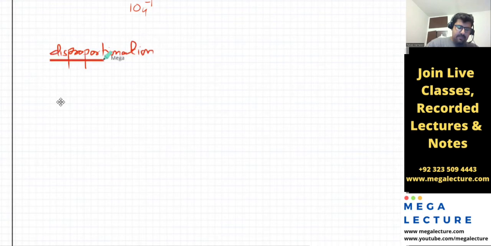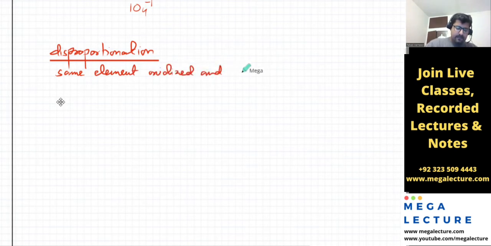In a disproportionation reaction, the same element gets oxidized and also reduced. So what happens over here? I'll just do an example. Like if I have Cl2 reacting with NaOH,